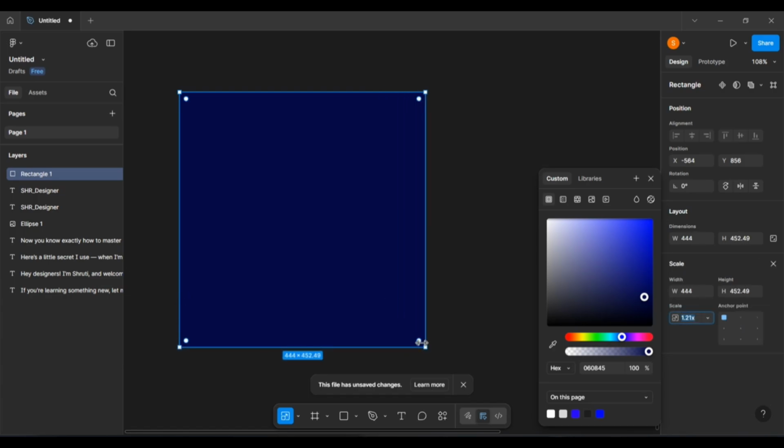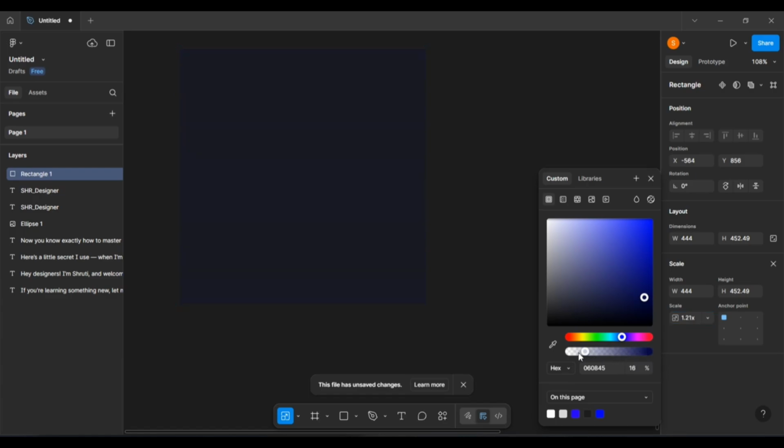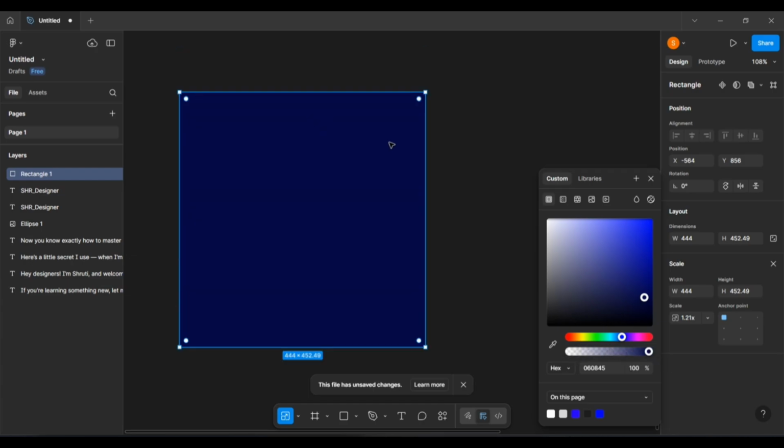So you can see when I am reducing this opacity it is decreasing. Now nothing is visible, but still it's there. So this is basically the opacity slider. The opacity property basically reduces the presence level of the color.